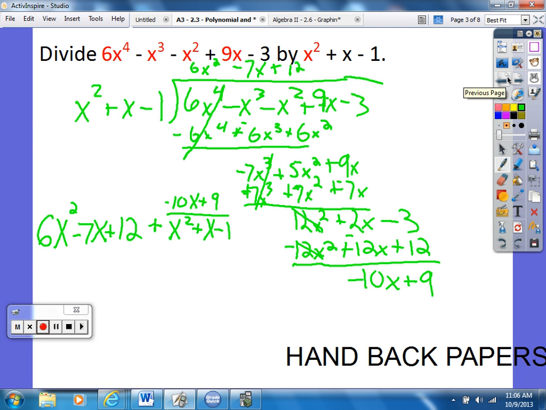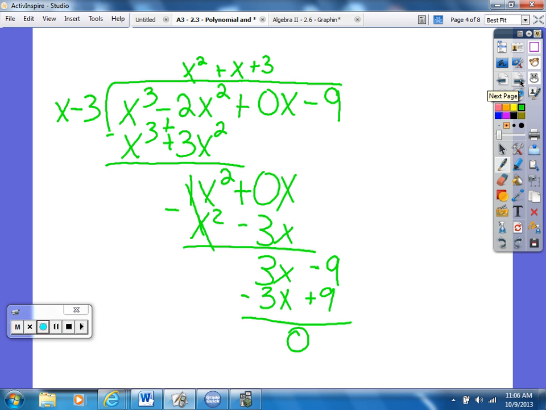Good. Okay, so you may want to write yourself a little note on what does it mean to be a factor? How do I know based on my remainder? I'll give you a second to do that. And now that you can tell that something is a factor versus not a factor, I can actually factor this now. Are you ready to see it? I'm going to factor it into x minus 3